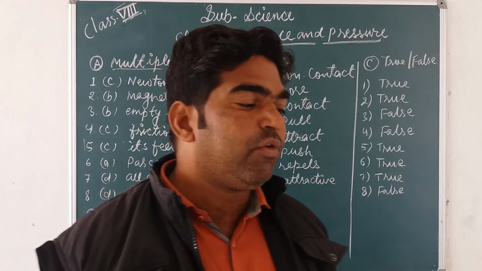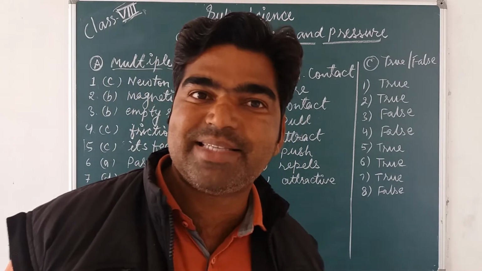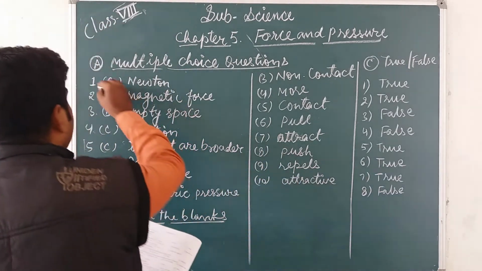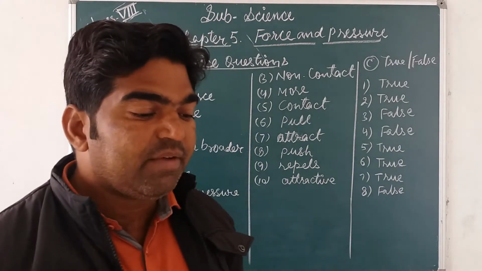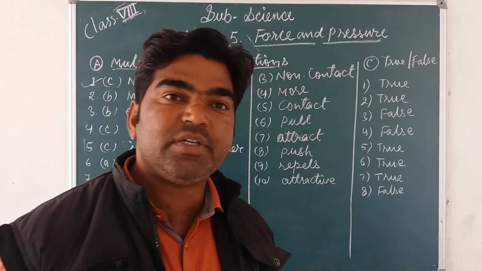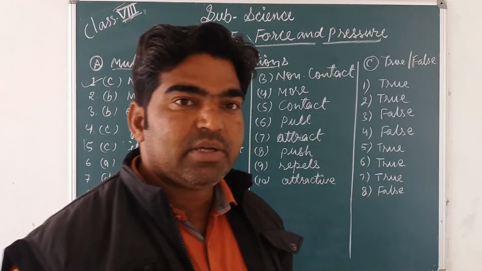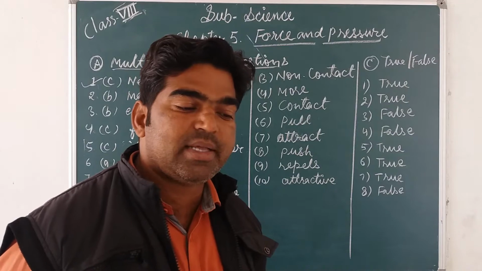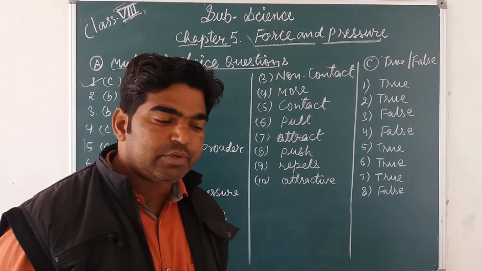First, the SI unit of force. Four options are given, but we know that the SI unit of force is the Newton, and this is option C. The first option, Pascal, is the SI unit of pressure, and meter is for length or distance, and second is for time. So the correct answer of the first MCQ is option C, Newton.